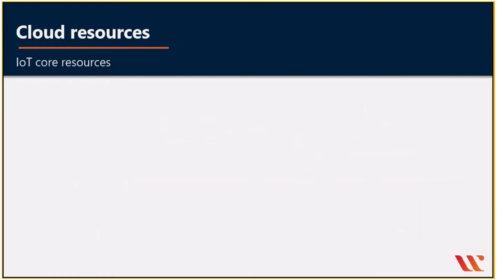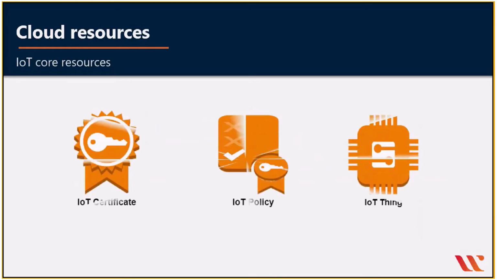In the provisioning process, there are resources which get created on IoT Core. These are IoT thing, policy, and the certificate. The thing is the logical representation of the device in the cloud, which uniquely identifies the device. The certificate is the identity of the device using which the IoT Core verifies the authenticity of the device. The policy is the security blueprint that determines the action taken by the device in IoT Core. These three resources together enable the device connection to IoT Core.